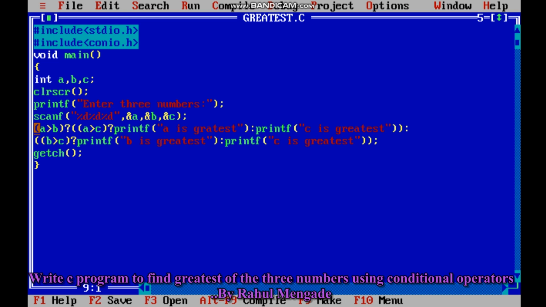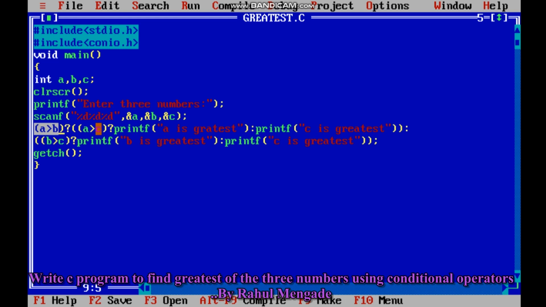If a is greater than b, if this condition is true, then it will check a is greater than c. If this condition is true, then it will print a is greatest, because by using the first condition it is declared that a is greater.